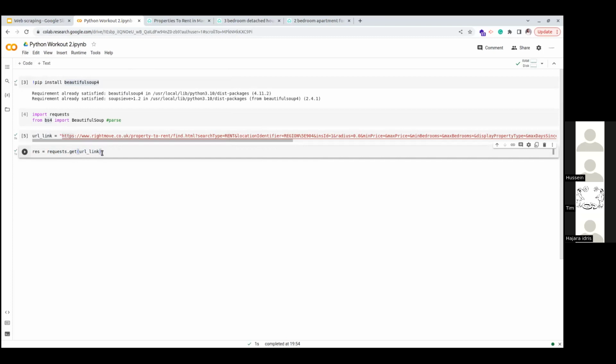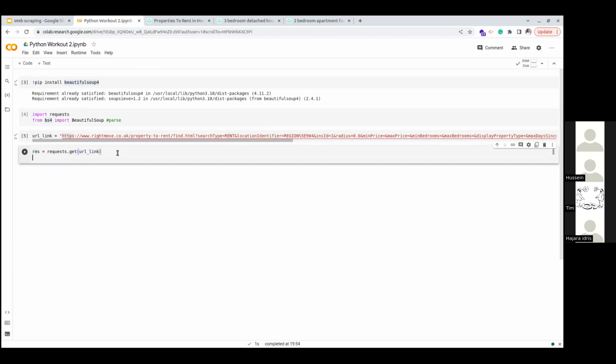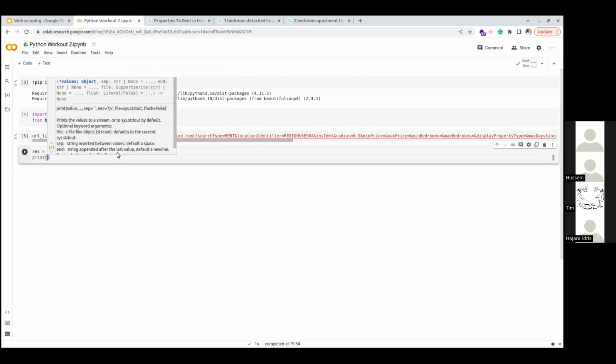So once I do requests.get on the URL link, that puts the response inside that variable. How do you know the status code? I believe we are familiar with status codes. We have seen error 404, which means page not found. We have seen error 403, which means forbidden. Maybe there is an extra layer of security on a page, and you're accessing it without that security, so it will tell you that you're forbidden.